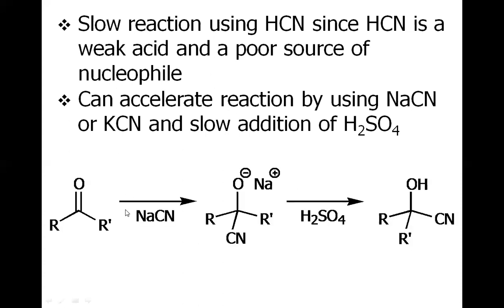So this is the way we may make the cyanohydrin. First treat with sodium cyanide or potassium cyanide. The cyanide will attack here. We will have the breakage of this carbonyl bond to have this oxyanion, which will be protonated under acidic condition to have this cyanohydrin. Here, one more thing you must be thinking.